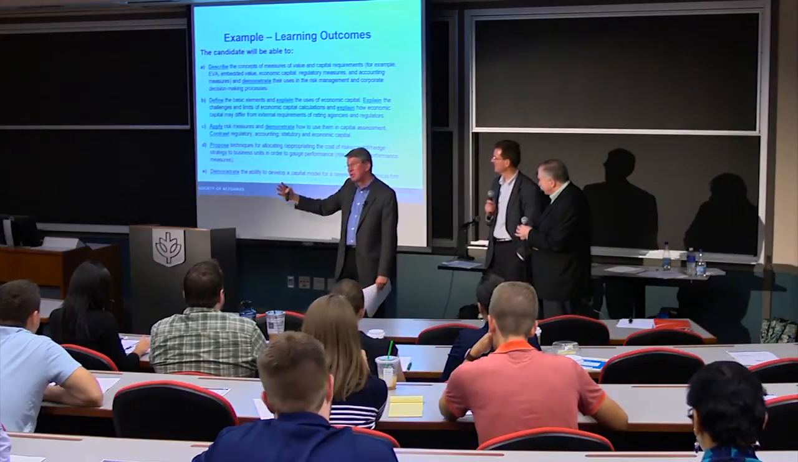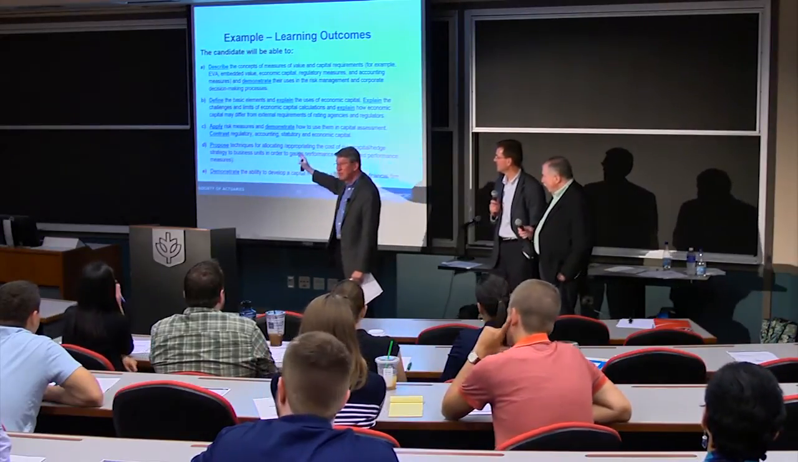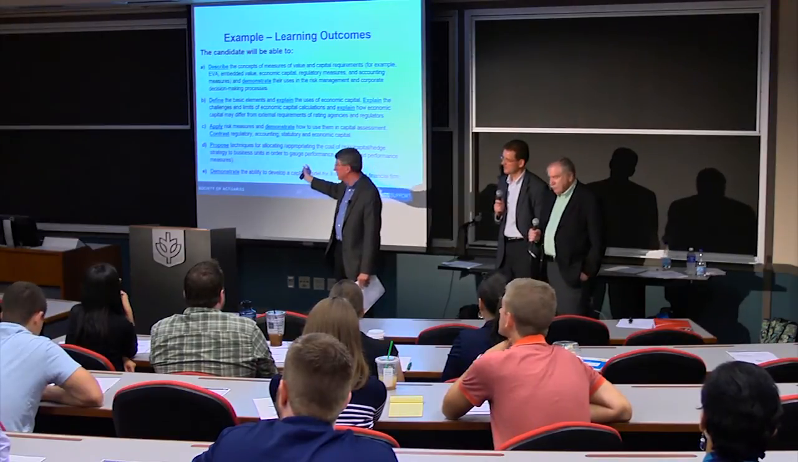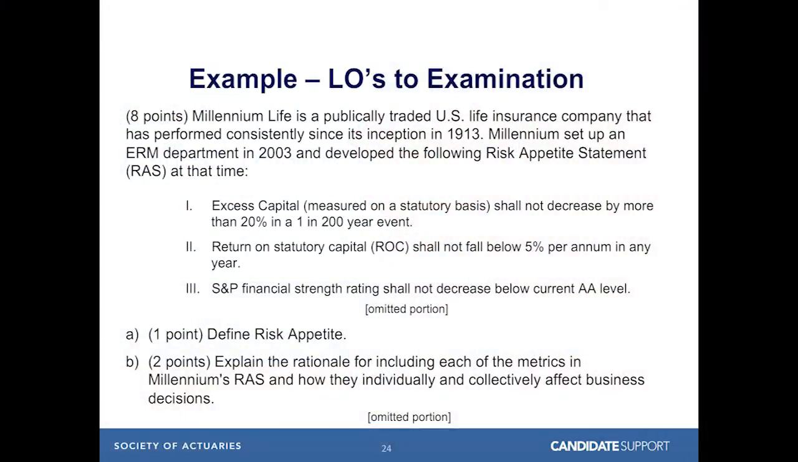So when the curriculum committee writes this, they're thinking about what cognitive skill level they want it to be tested at. When the exam committee reads this, the same thing that you're reading, same words, that's what the exam committee's thinking of when they're trying to write the question. So if we move on, this is a sample question, and I've omitted parts of it,